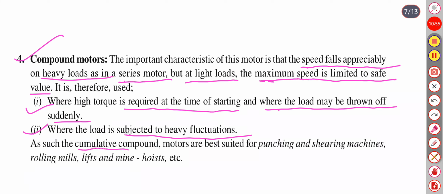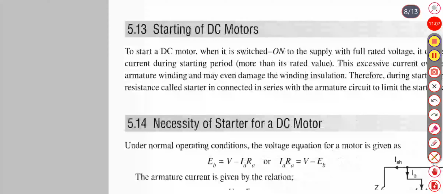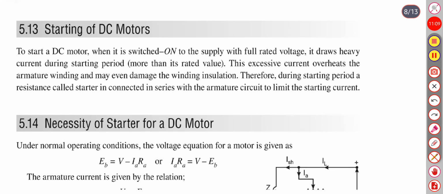As such, the cumulative compound motors are best suited for punching, shearing machines, rolling mills, lifts, and mine hoists. Now, starting of DC motors. To start